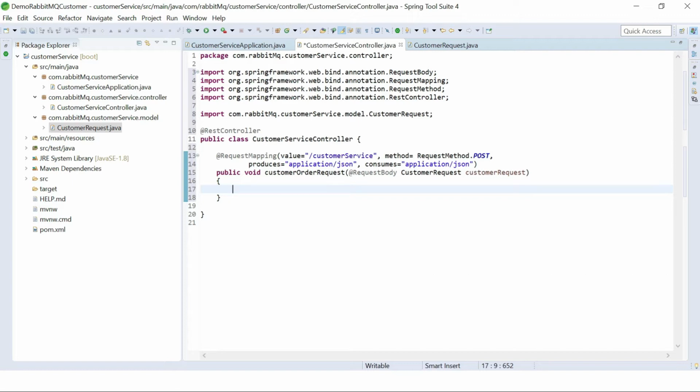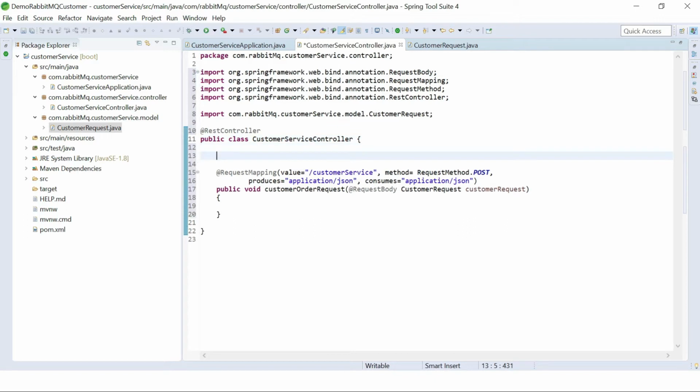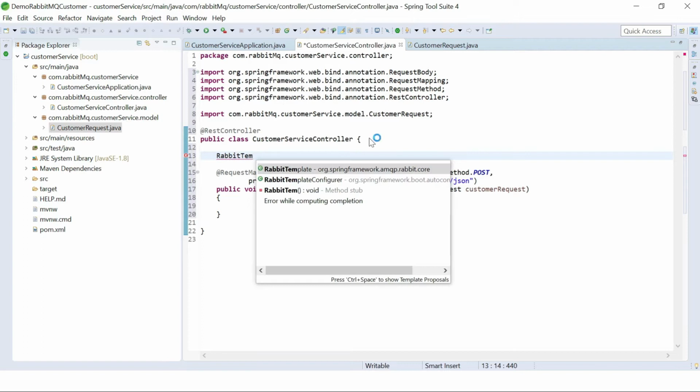Okay, now as we all know, we need to communicate with RabbitMQ. So first we need to create the instance of the Rabbit template.